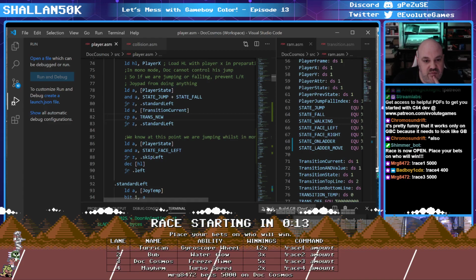So we check if we're jumping or falling, and if we're not, we come to here. If we are jumping or falling, we do this. We check the transition that we're in. If we're in the new transition, we jump to here. Otherwise, we do this,